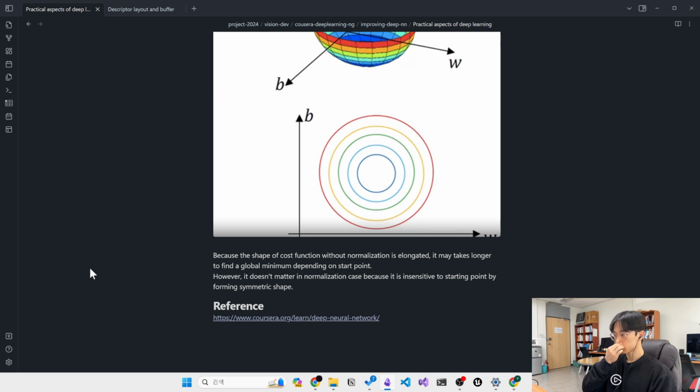But by just setting all of them to 0 mean and variance 1, like we did on the last slide, that just guarantees that all your features are on a similar scale and will usually help your learning algorithm run faster. So if your input features came from very different